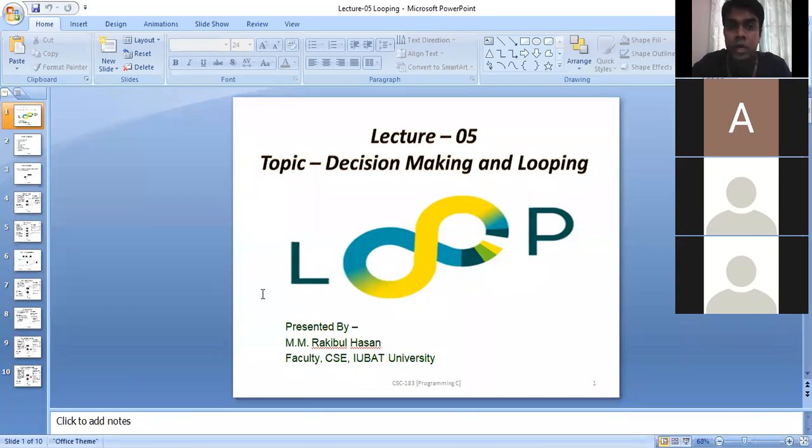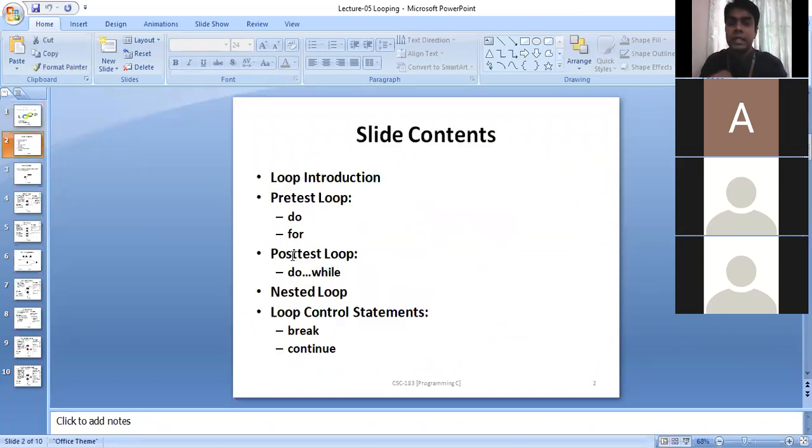Decision making and looping, lecture number 5. Again, same way, you need to learn these things from this chapter. That is, what is a loop? Then we have two types of loop. One is pre-test loop. Another one is post-test loop. Under pre-test loop, we have do loop and for loop. We have to learn what is do and what is for. And post-test, we have